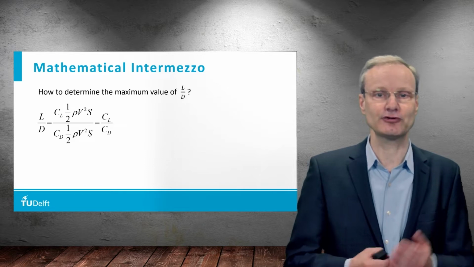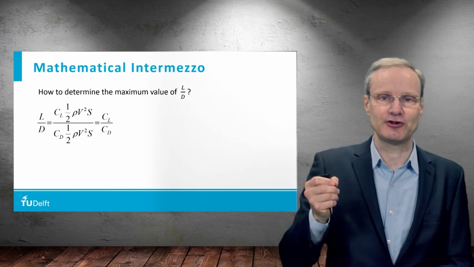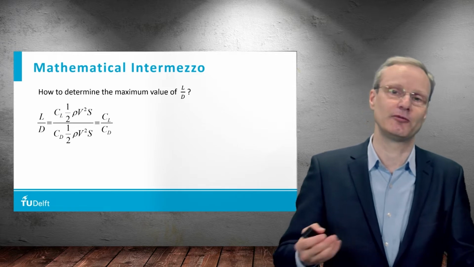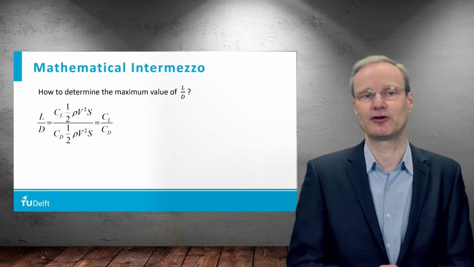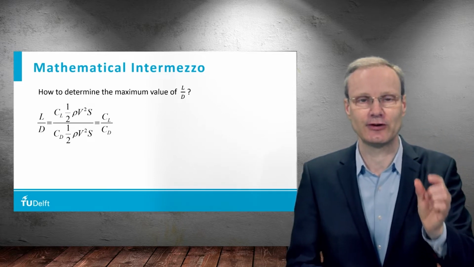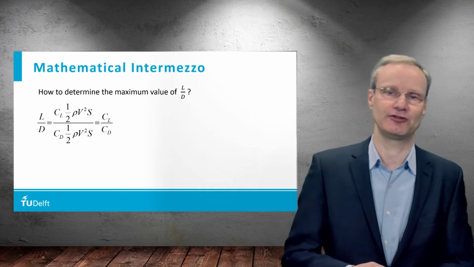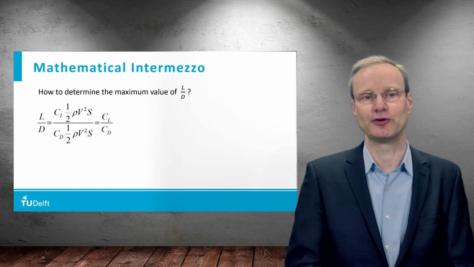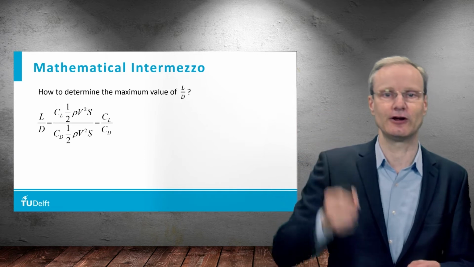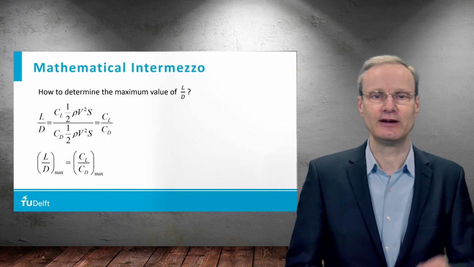Well, first we need to understand that there is a direct relationship between the lift over drag ratio and the ratio of CL over CD, the values for lift coefficient and drag coefficient. That comes purely from the definition of the lift coefficient and the drag coefficient, because the equations say lift equals the lift coefficient CL times half rho V squared, the dynamic pressure, multiplied by the wing surface area S. And an equivalent expression holds for the drag coefficient. So looking at L over D is exactly the same as looking at CL over CD. So if we want to maximize L over D, it's equivalent to maximizing CL over CD.